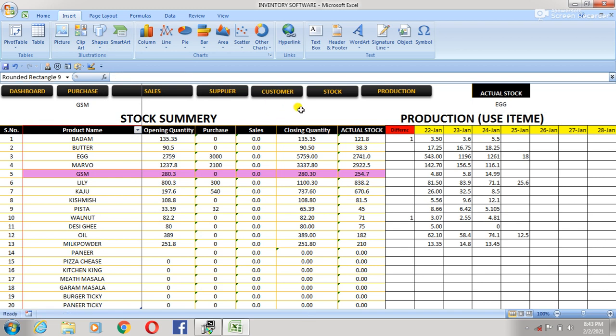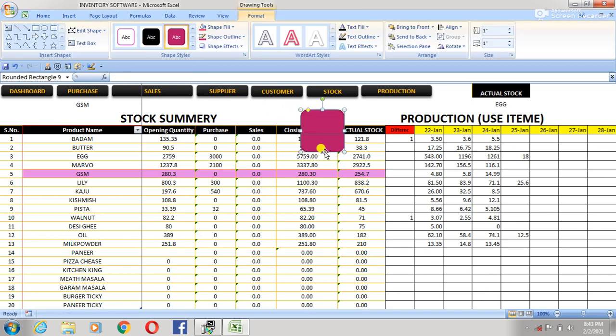So click here, and size it according to our text, and in this shape we enter a name for running our automatic working of the data advanced filter.